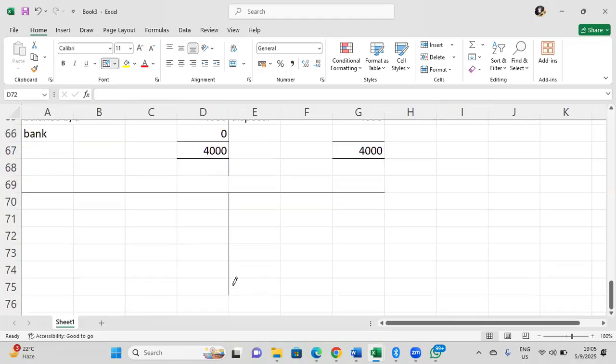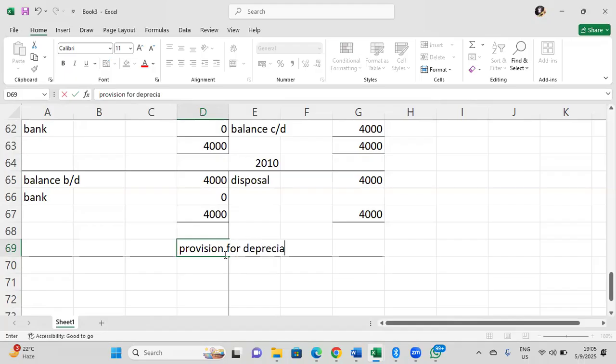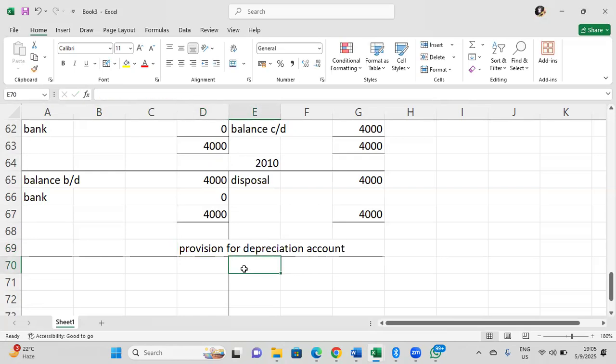So, provision for depreciation account. Please pay attention to how we prepare it if it's for different years. If you're preparing the provision for depreciation account for more than one year, the first year